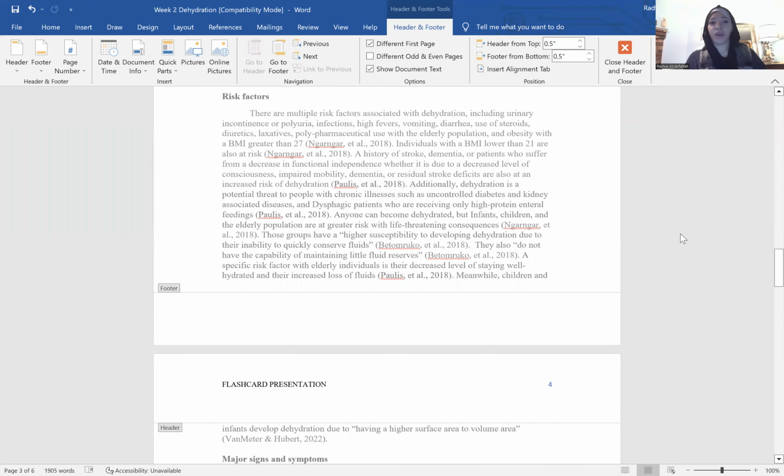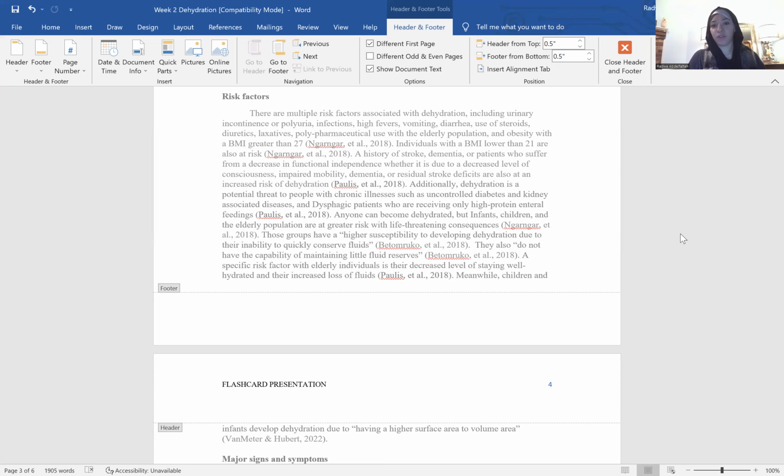For risk factors, there are multiple risk factors associated with dehydration, including urinary incontinence or polyuria, infections, high fevers, vomiting, diarrhea, use of steroids, diuretics, laxatives, polypharmaceutical use in the elderly population, and obesity. A BMI greater than 27 or lower than 21 are also at risk. A history of stroke, dementia, or patients who suffer from a decrease in functional